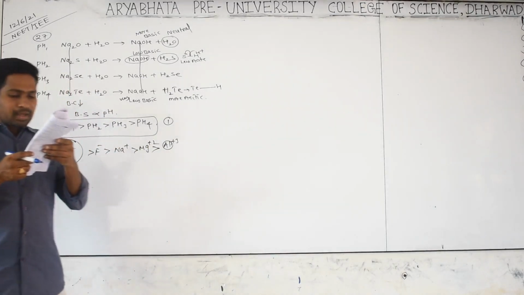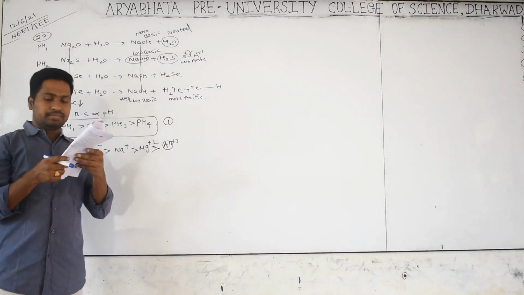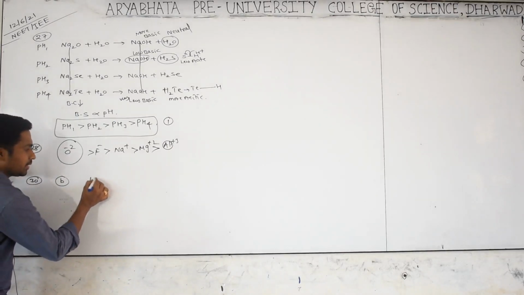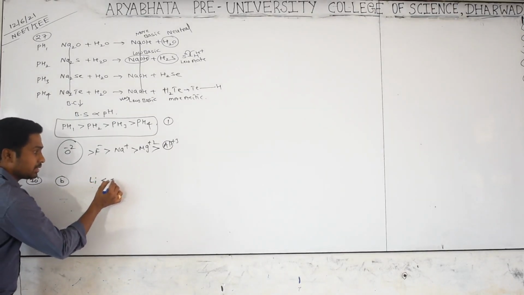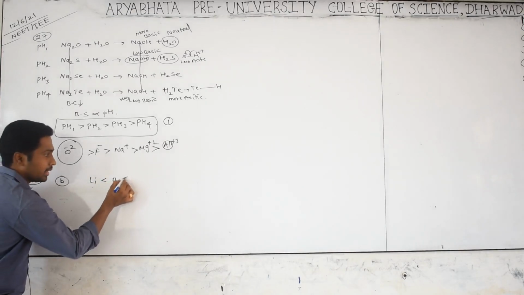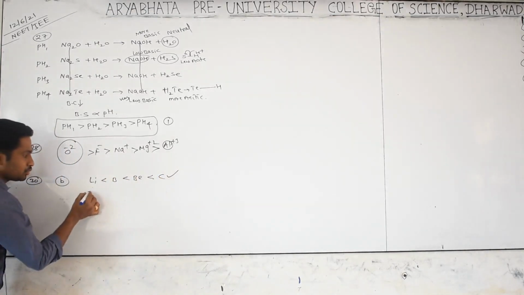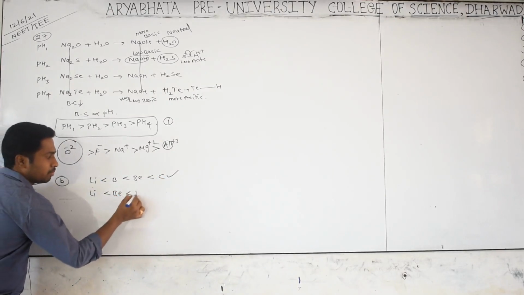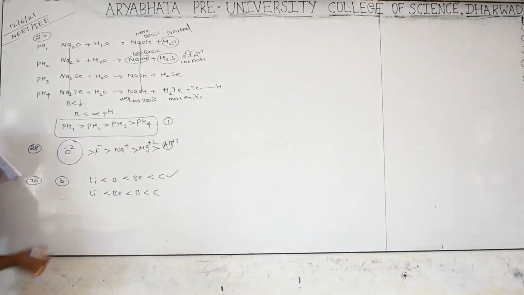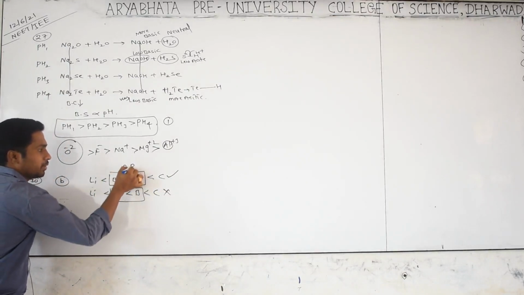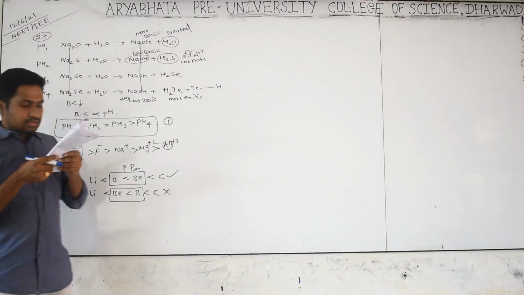Go for next. Which of the following orders is wrong? Okay, with respect to which one did he mention? Yes, ionization energy, 30th bit. See the second option. With respect to ionization energy, I told very clearly lithium has very less than boron, yes or no, than beryllium, after that carbon. This is the right order, but which one has he given? Lithium, beryllium, boron and carbon he mentioned. That's why it is a wrong order. Where the change is coming, with respect to which one? Penetration power. Are you clear? Yes. Check it, that is the second option.